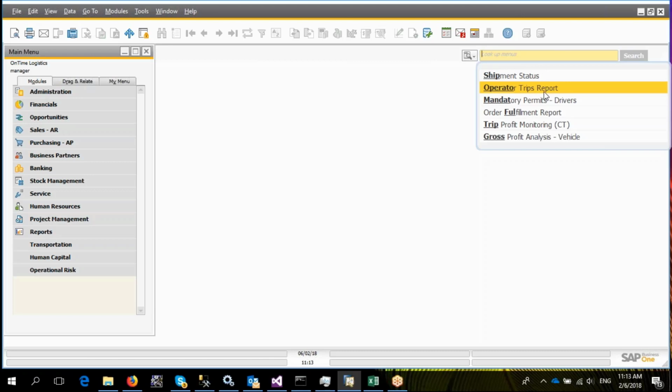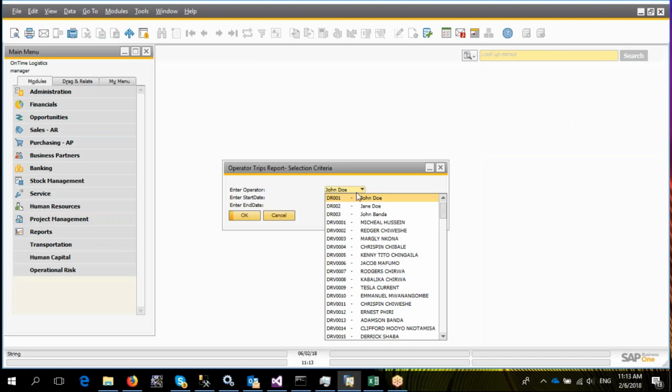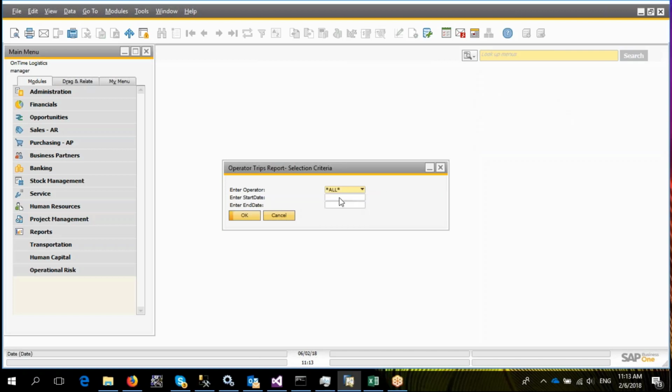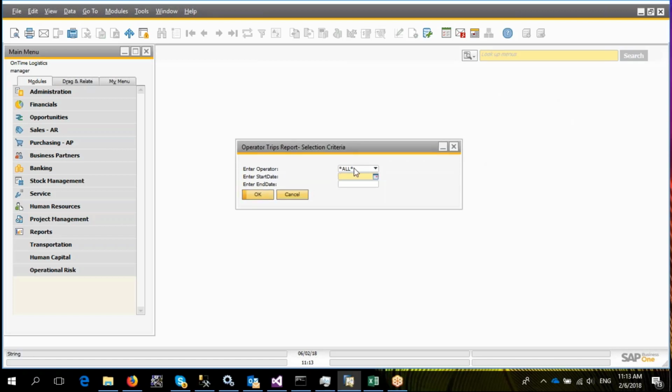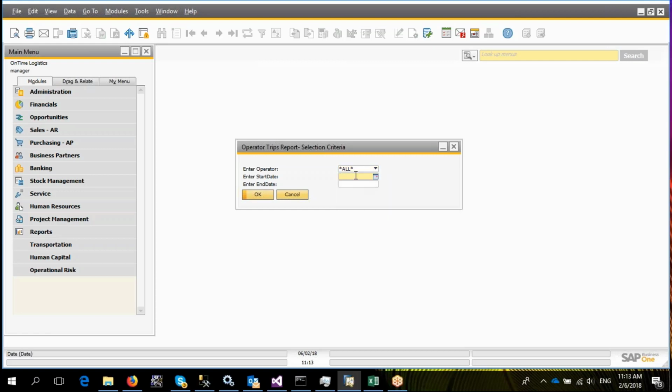Okay, so the report is called operator trips report. Basically, same thing as driver trips report, if we can call it that. So what I'm doing here is I'm just asking the report to show me all the drivers. Or I can select one specifically, but in this case I'm saying I want to see a report on all